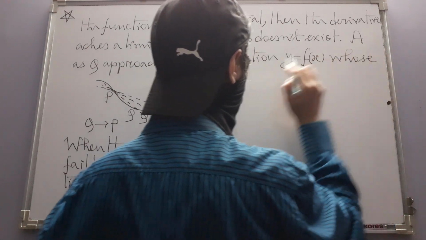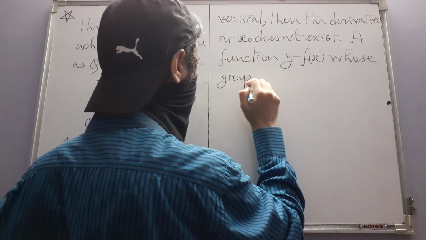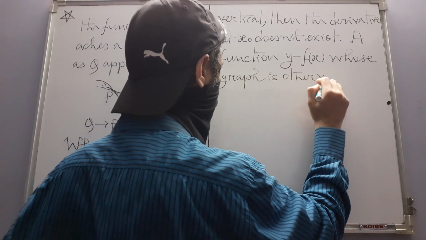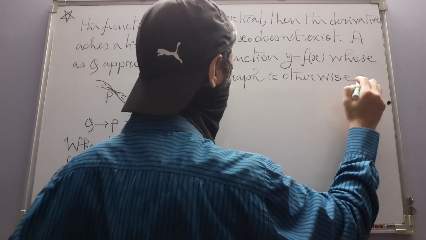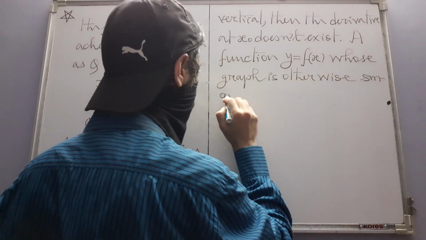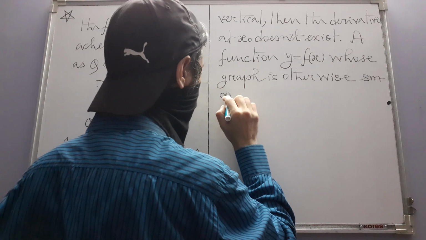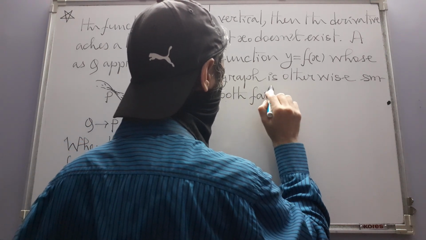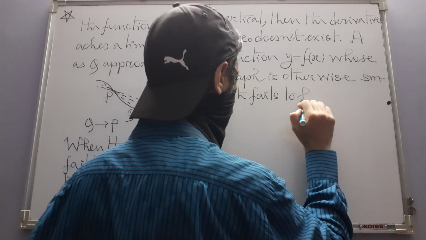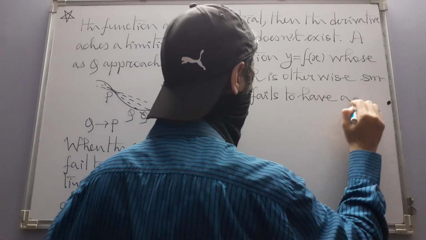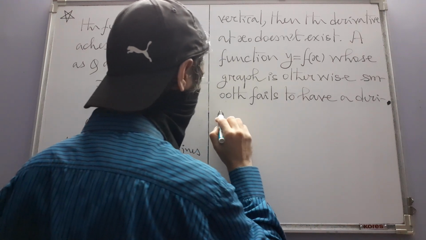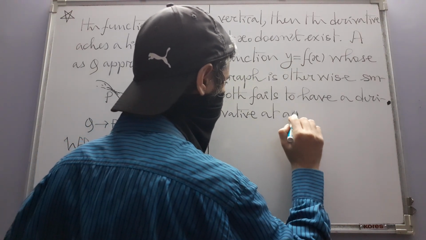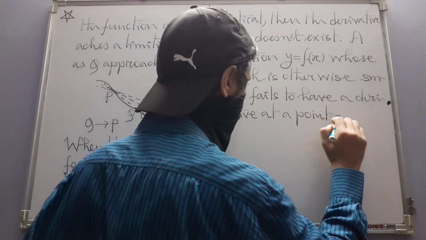A function whose graph is otherwise smooth fails to have a derivative at a point if